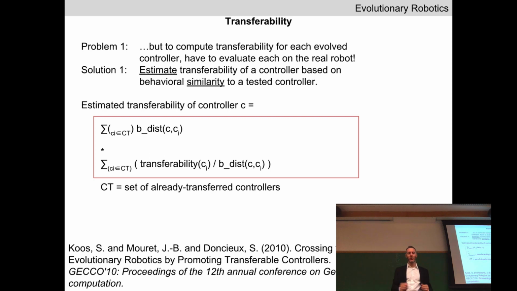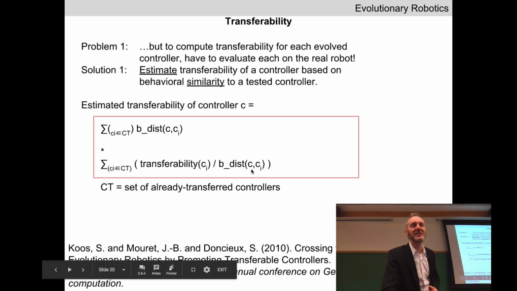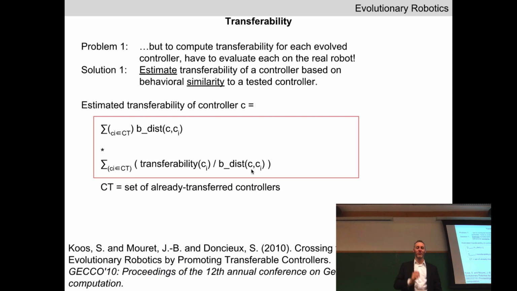We have a whole bunch of controllers which we're trying to decide which one should we send to reality next. So we have to perform this computation for each C in the current population. For each C, they're going to have different distances from the CIs, right? Because some of them will be closer or further away. So this weighted sum is going to be different for different individuals. So we're going to normalize by the distance here. We're trying to normalize the number for each of these Cs so we can compare them, right?